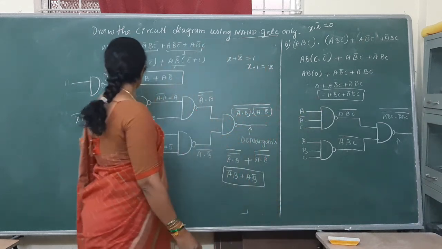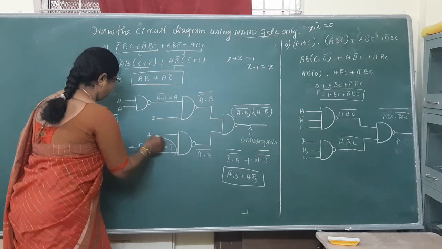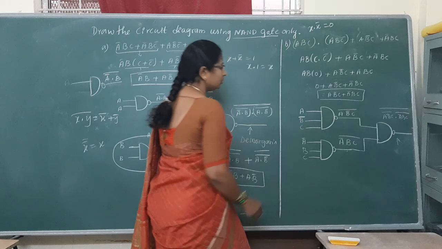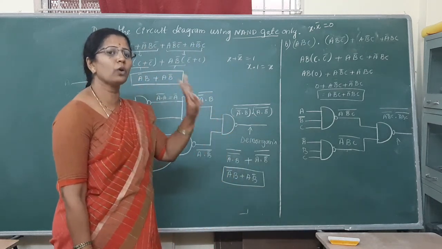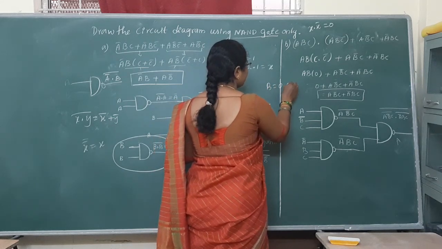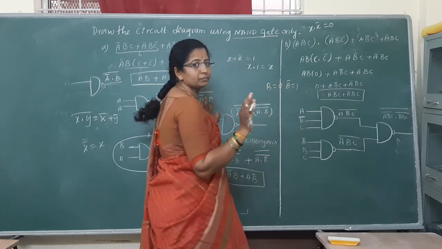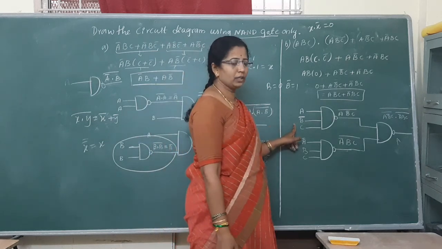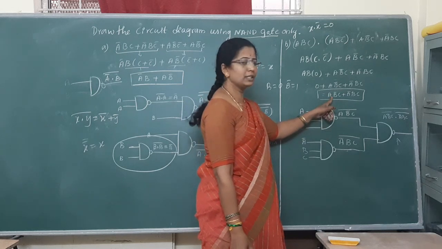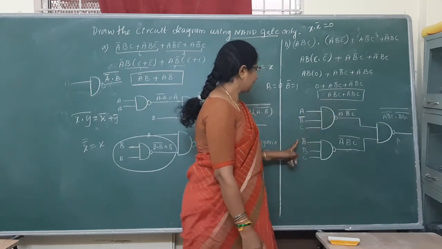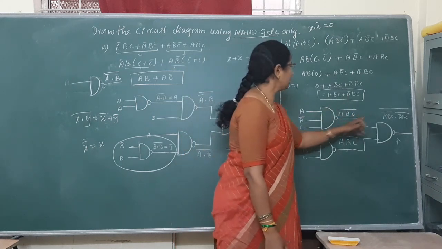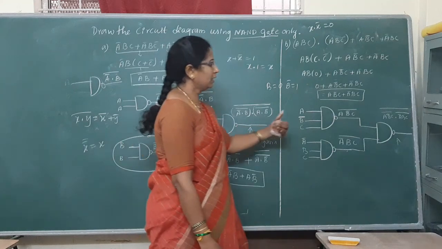You can use B either in this form or directly, while giving the input, take the input symbol itself as a complement. If the B value is 0, you are inputting 1. That's all. The opposite value you are giving. So I have taken A, B complement C for the first circuit, whatever is given in the first term. And the second term contains A complement B, C. Similarly, whatever we got here.